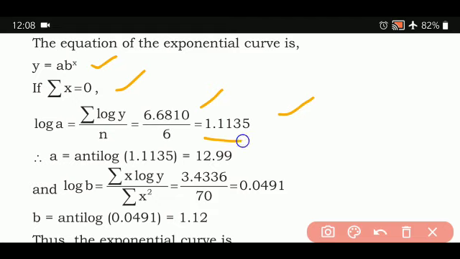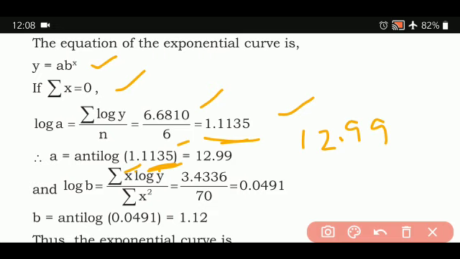Now for this particular anti-log, you go to the anti-log page, see the Mantissa, then find out, you'll get 12.99. How do you see this? 0.11, third column, fifth mean difference. 4 digits are there, I repeat. 2 digits first you take, then the third column, and then the fifth mean difference you go, and that mean difference you add, 12. And this characteristic will tell you, 1 is there, after 2 places you are going to give the decimal point. So 12.99.